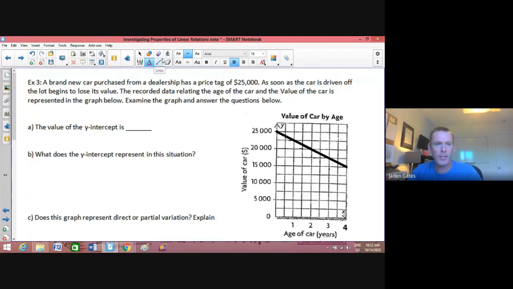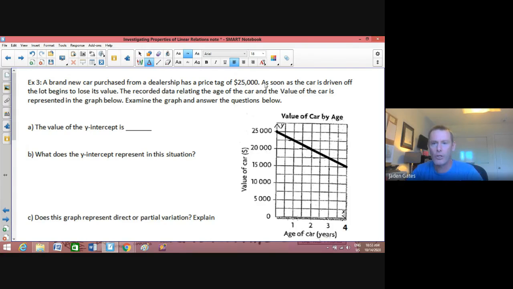All right, here's our next example, example 3 for investigating properties of linear relations. Again, the idea here is to find the equation, and the only two things you need to find the equation are the value of the y-intercept and the slope. So we start off here, a brand new car purchased from a dealership has a price tag of $25,000, and